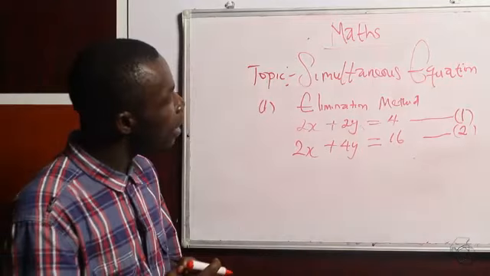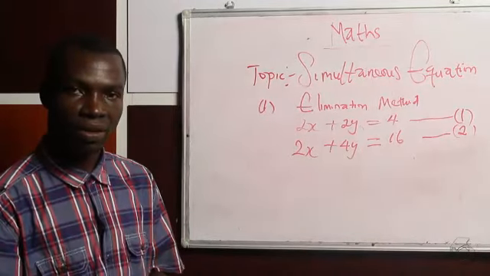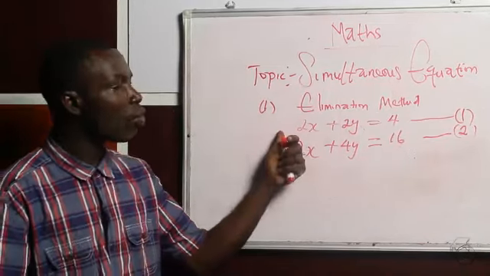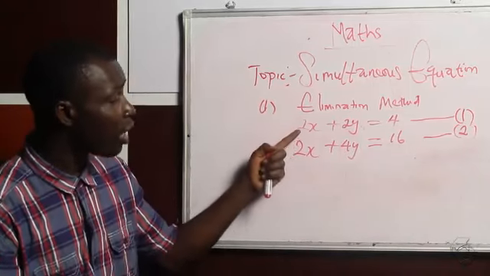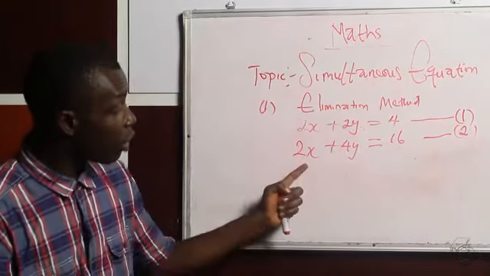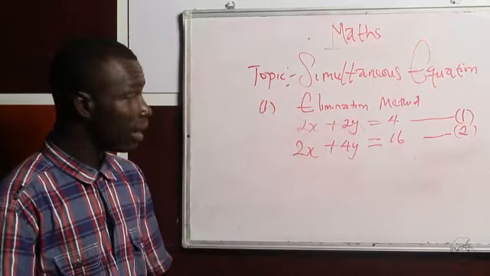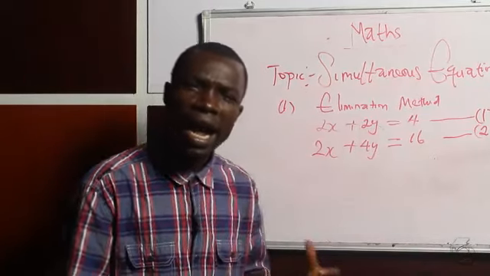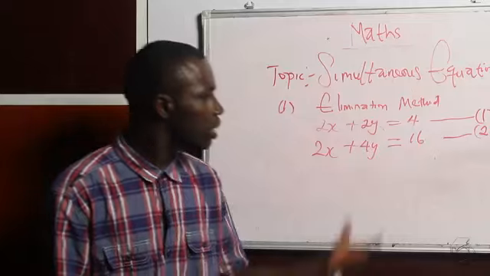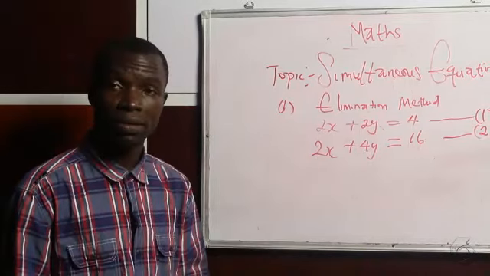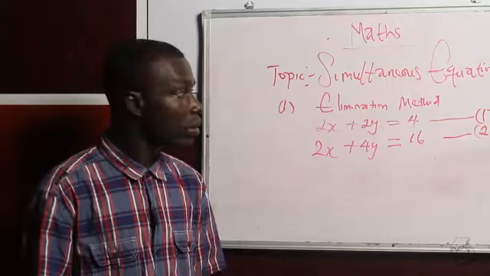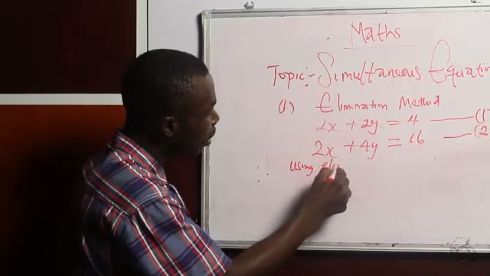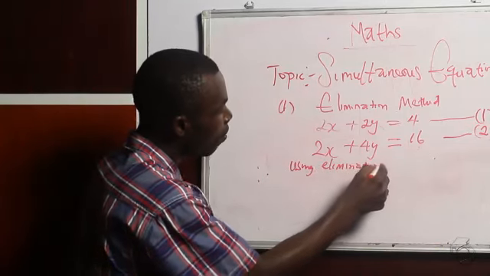Now, how do we solve these equations using the elimination method? Look at the equations above here. We discovered that we have 2x here, we have 2x here. We have plus 2y here, we have plus 4y here. So in these equations, there is the possibility for us to use the elimination method because the x value here is common. Therefore, using the elimination method,